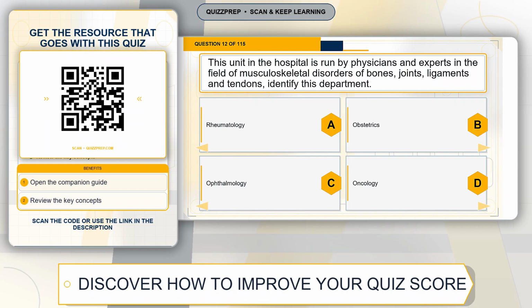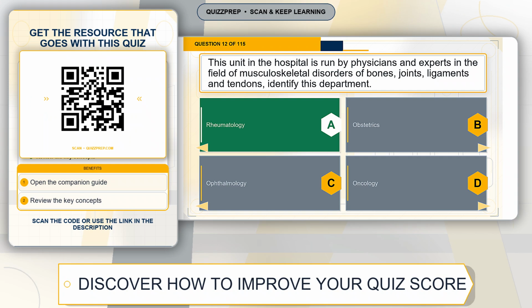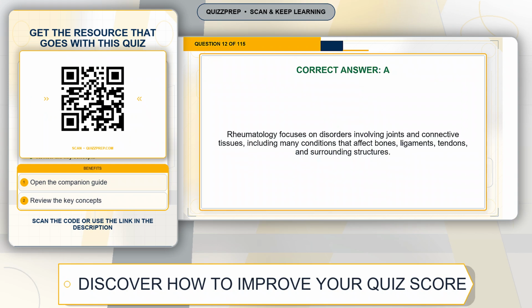Question 12. This unit in the hospital is run by physicians and experts in the field of musculoskeletal disorders of bones, joints, ligaments and tendons. Identify this department. Option A, rheumatology. Option B, obstetrics. Option C, ophthalmology. Option D, oncology. The correct answer is option A, rheumatology. Explanation: rheumatology focuses on disorders involving joints and connective tissues, including many conditions that affect bones, ligaments, tendons, and surrounding